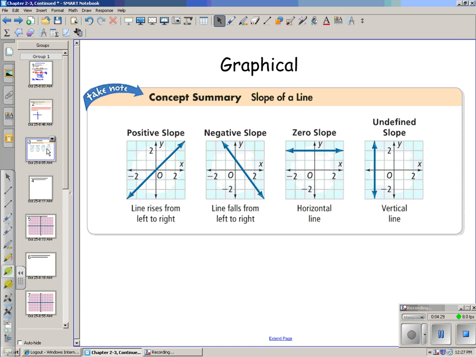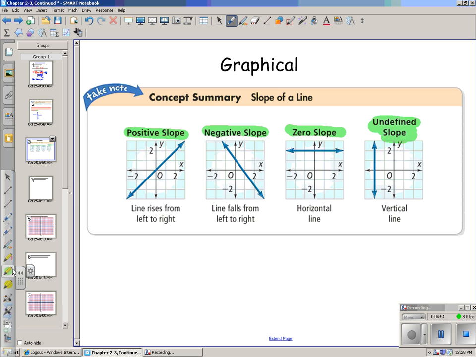Do not write this down. I'm going to show you an easier way to do it. This is what your book has. Your book is wonderful. It is right. It is correct. You have 4 different slopes: a positive slope, a negative slope, a 0 slope, and an undefined slope. And what they have done for you here is given you a picture to represent each one of these slopes